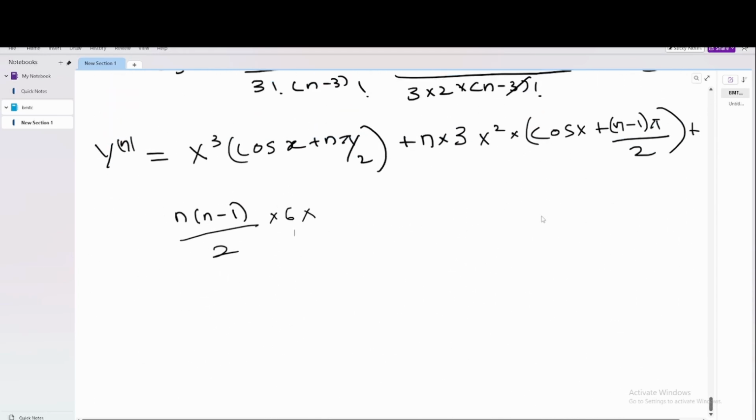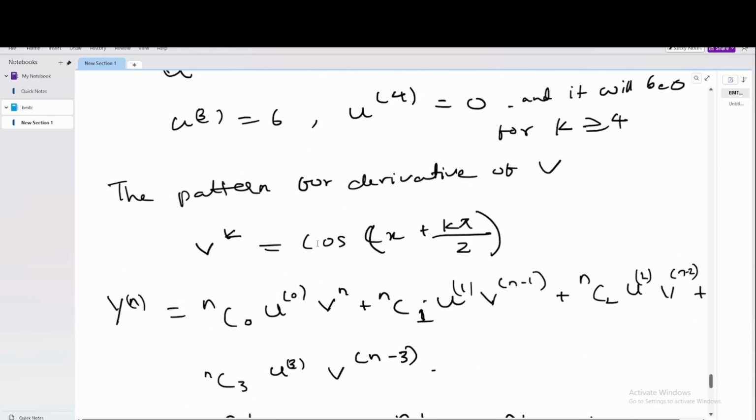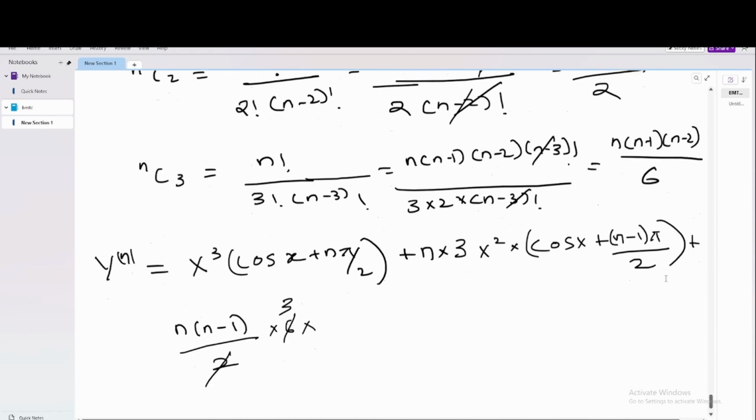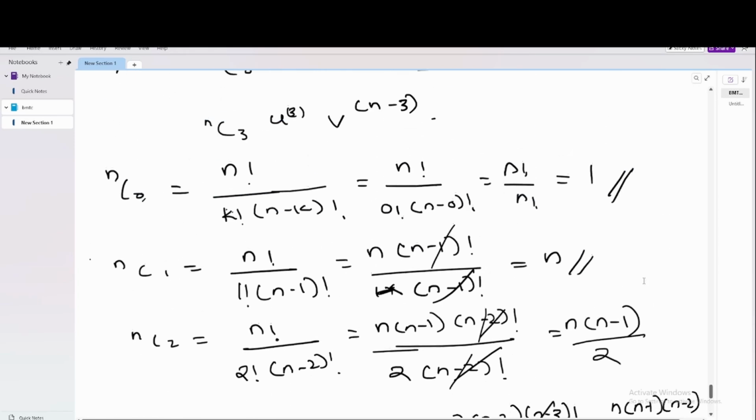So here we can cancel and rewrite it as 3x into n minus 2, v raised to n minus 2, so into cos x plus n minus 2 pi by 2, plus the final term will be